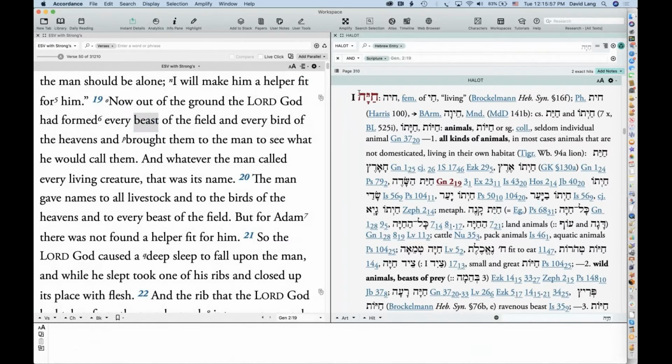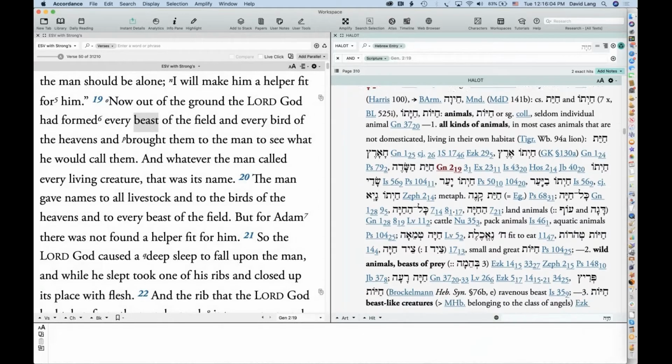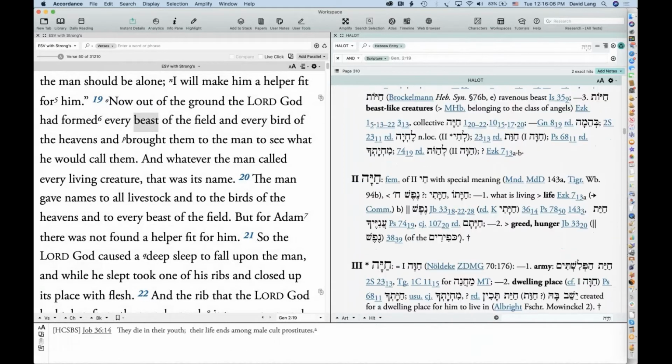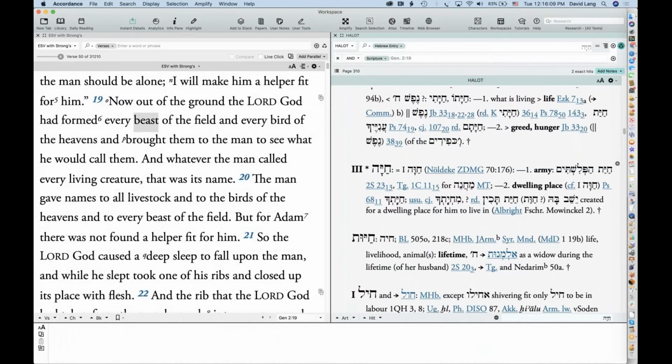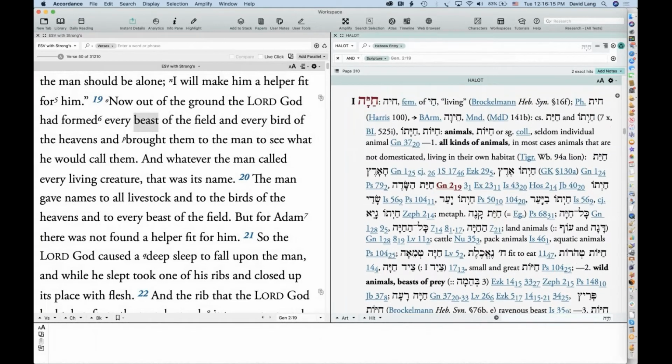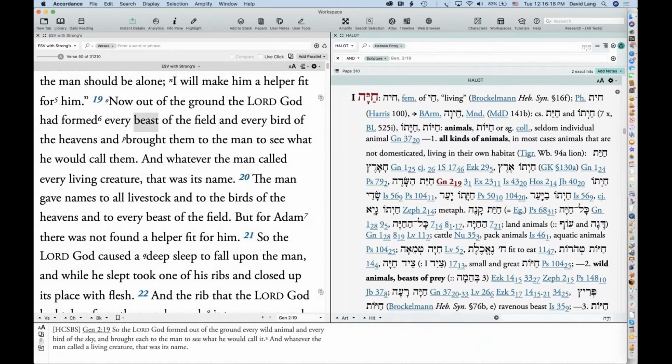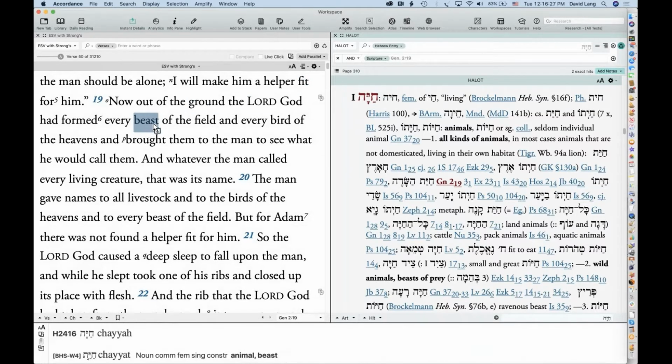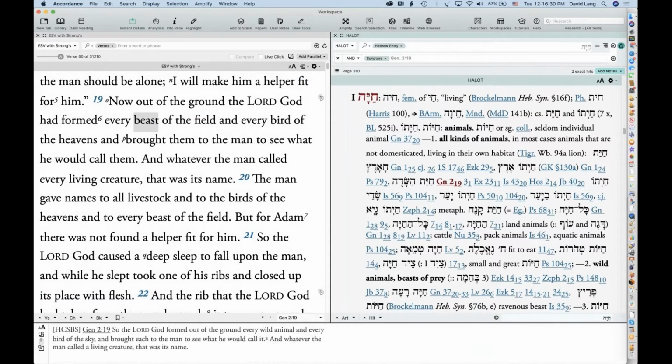So not only does it highlight the Hebrew word, it also highlights the relevant section in the article, which is really helpful because in Halot and BDAG, some of these longer lexicons, the scripture references are really abbreviated and they're long articles, and you can end up searching for a needle in a haystack trying to find the relevant section of that article. By highlighting the scripture reference, we get that right away. So when I triple clicked, it went right to my main Hebrew lexicon.